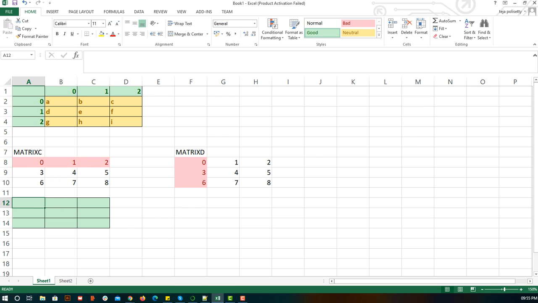To fill this first place, 0 will be multiplied with 0, so 0 into 0, plus this 1 will be multiplied with the 3, so 1 into 3, plus this 2 will be multiplied by 6, 2 into 6. So the result will be 0 plus 3 plus 12, which is 15. So that's how we are getting 15 here.